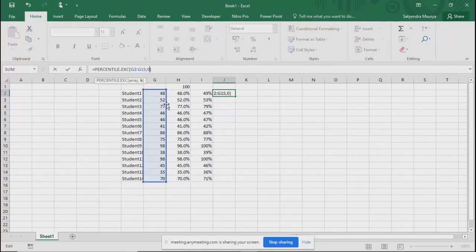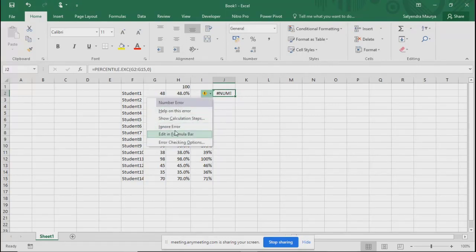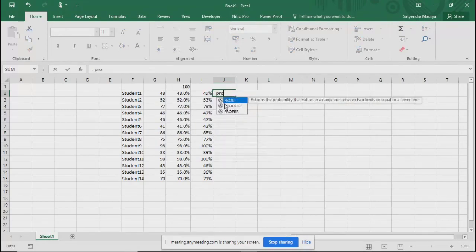That happens in VLOOKUP. No, sir, not in VLOOKUP. It happens in index match also. Yeah, over there also it happens. I'm talking about the statistical functions. Does it happen the same here also?